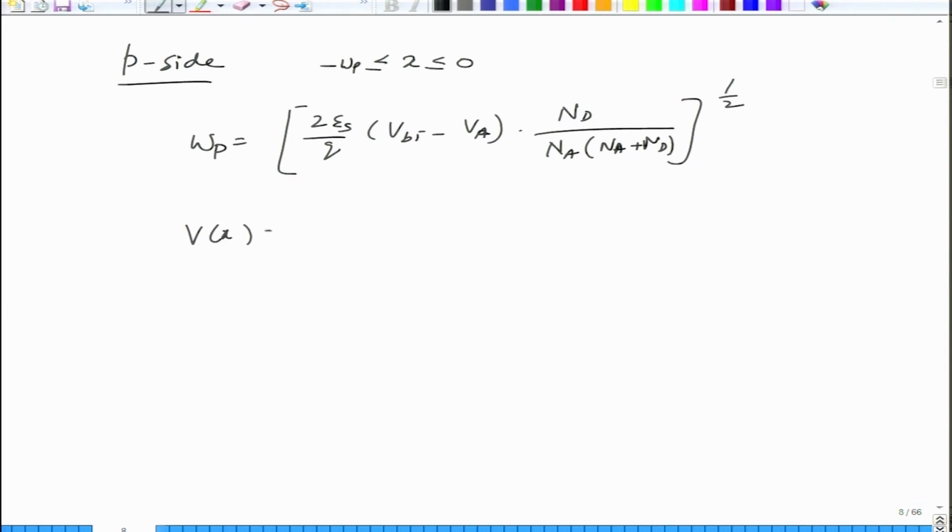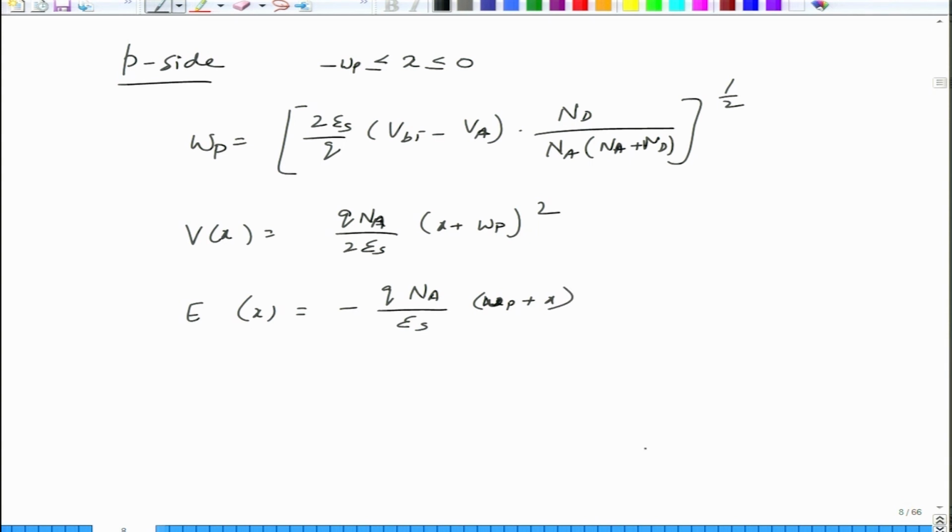Vx will become q Na divided by 2 epsilon s into (x plus Wp) square, and Ex will become minus q Na divided by epsilon s into (Wp plus x),